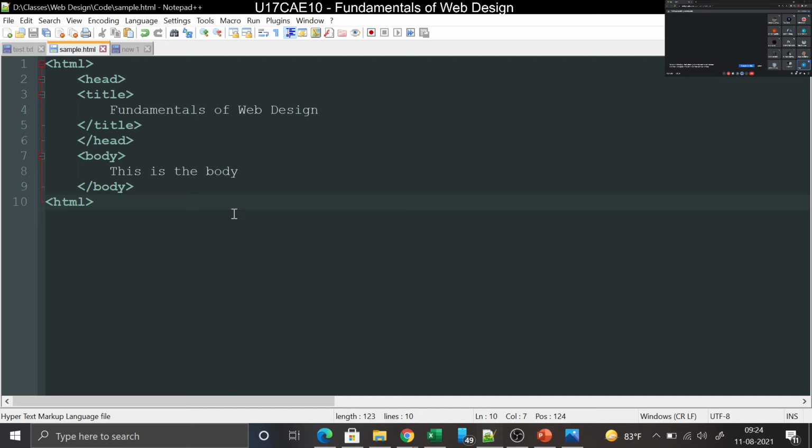Which tag is supposed to break this line? I have three sentences in fact, but instead of continuing to the end, I have broken this and brought it to the next line. Can anyone tell me which tag is responsible for that? BR. Okay.